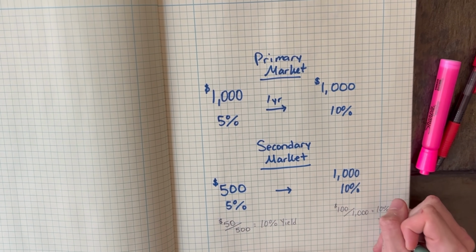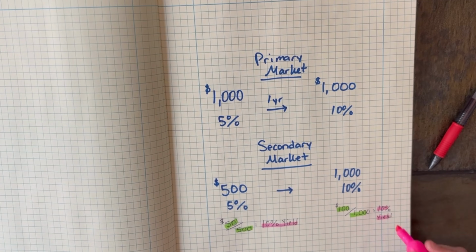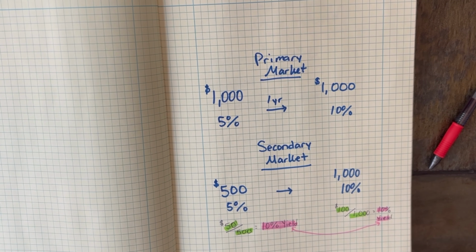The investor also gets a capital gain or profit of $500 when the bond matures in 10 years, because no matter what the price paid for the bond, you still receive the original par value. Now it definitely gets more complicated than that, and selling the bond for $500 is a bit extreme, but hopefully you understand the idea of bond yields.